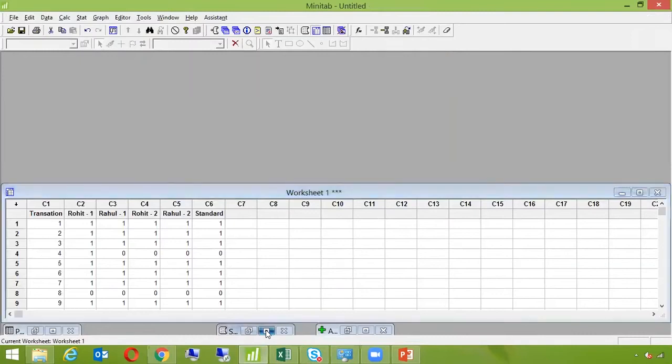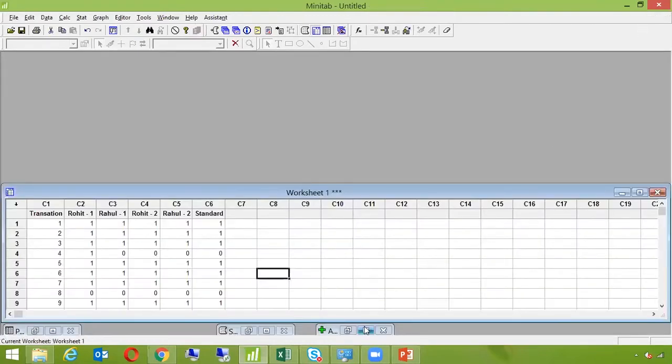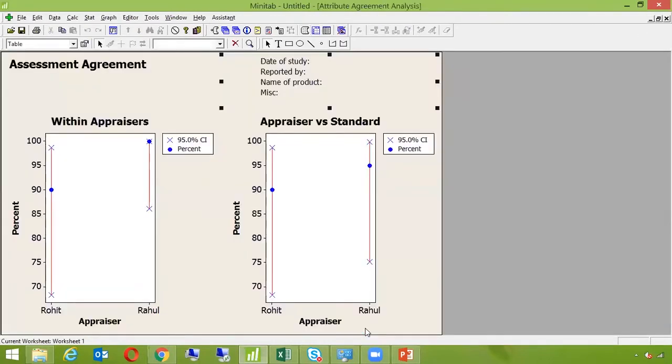Simarpreet, I have a question on this attribute agreement analysis. We are measuring the appraisers' readings, but how do we know that the equipment is calibrated or not? Here the example that we have taken is we have considered that there is no equipment as of now, which means that they are using it manually. Everybody has their own technique of calculating it.